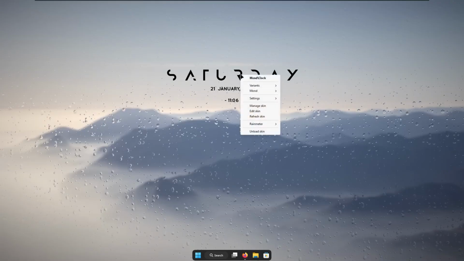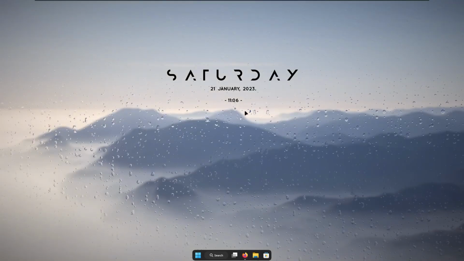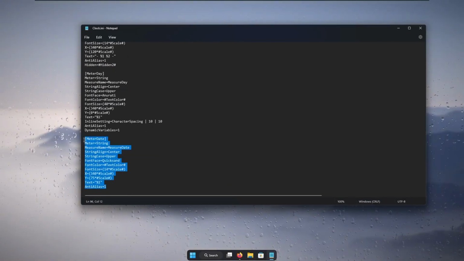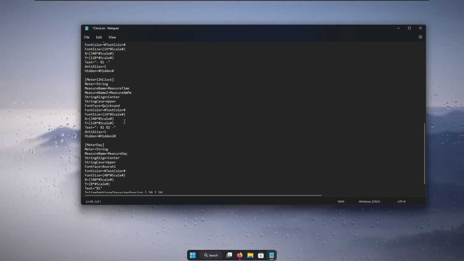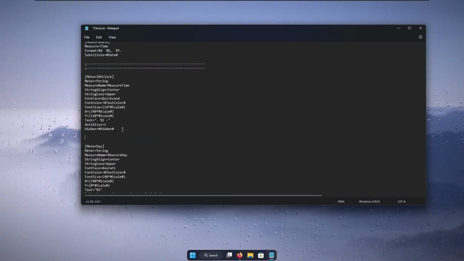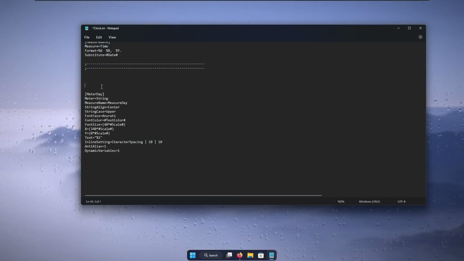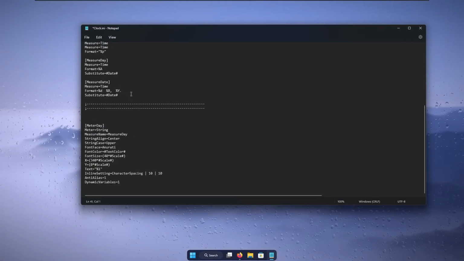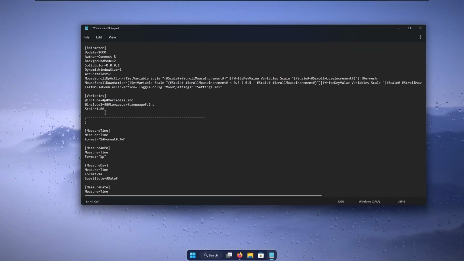Here I will right click on the widget and then select edit the skin. And down below, I will delete the meter date option. Here I will also delete meter 12-hour clock as well as meter 24-hour clock. And we are just left here with meter day. Here at the top, we can change the scale of the widget. Here I will go with